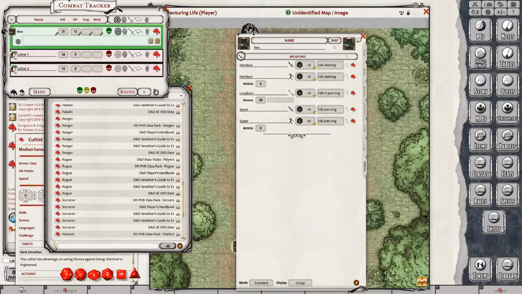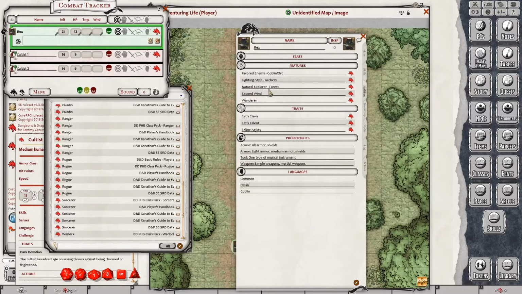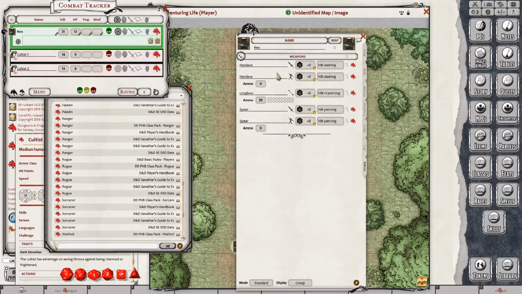I don't see there's a way to do it from the combat tracker. It just tracks. So he does have a lot of movement. He's got 30 movement, but he also has the ability called... He's a fighting style of archery. I get a +2 attack rolls with ranged weapon. I need to make sure my actions... Longbow... Okay, he needs to have...